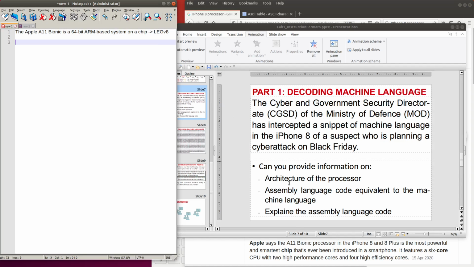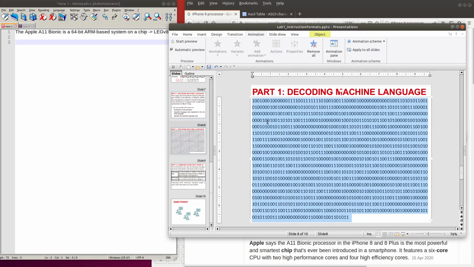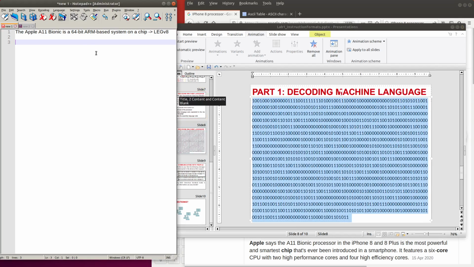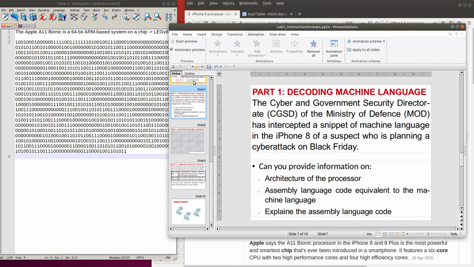So now we will need to find the assembly language code equivalent to the machine language. Here is the machine language. We will copy all of this machine language and paste it into any editor you have. Here I use Notepad, just a simple Notepad or anything you have.